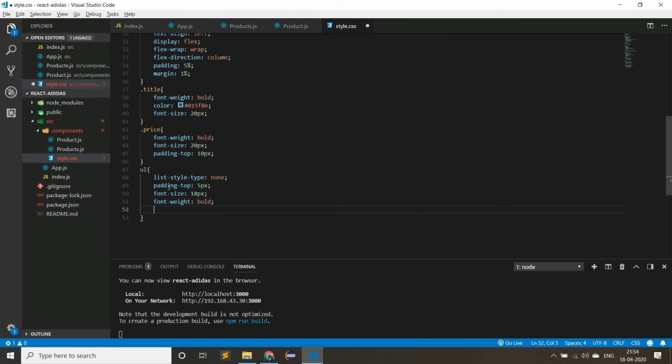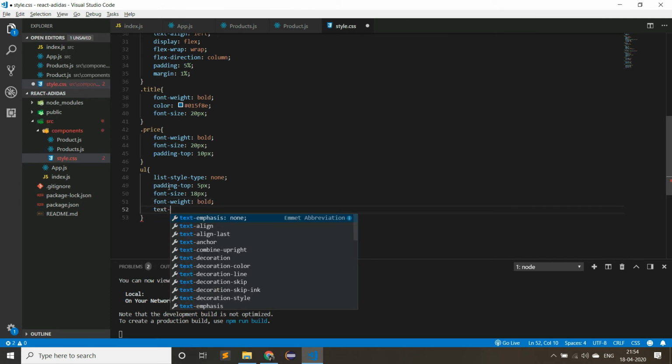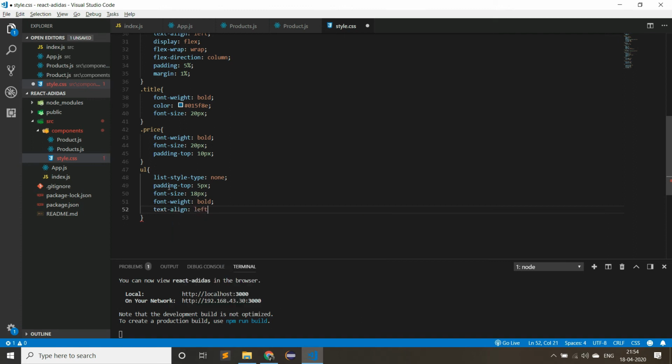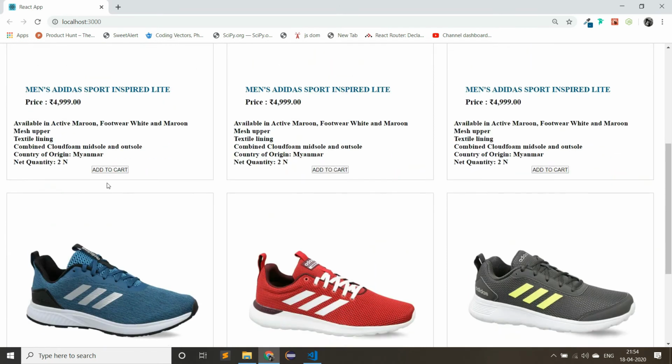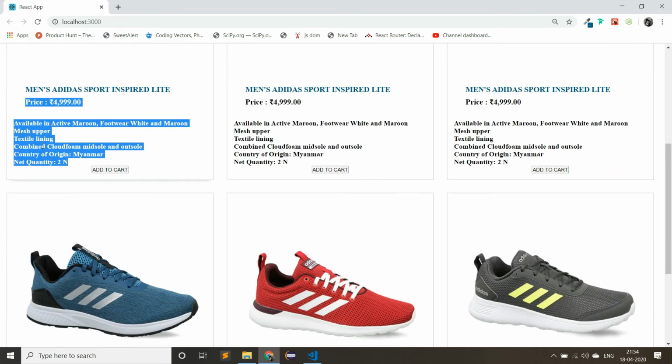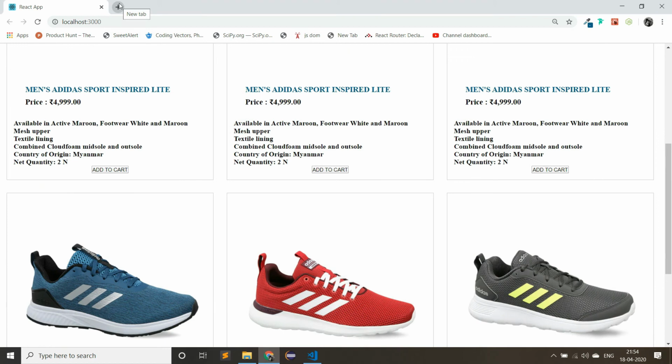Then add font-weight equal to bold, and text-align left, so all the text will be aligned to the left of the card. This is how we can see the description is aligned.